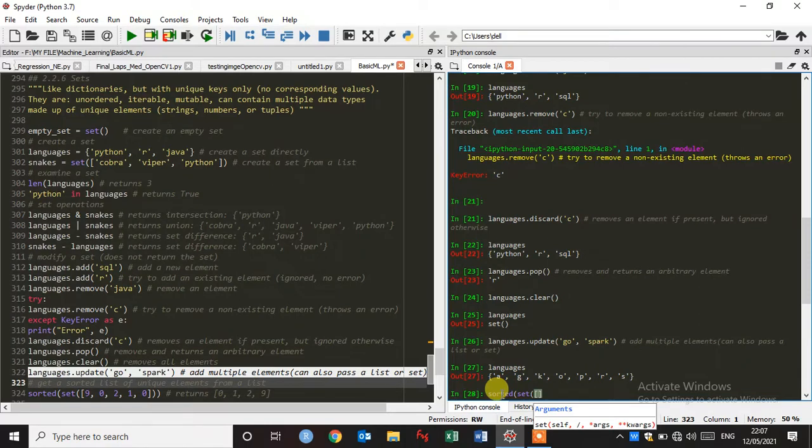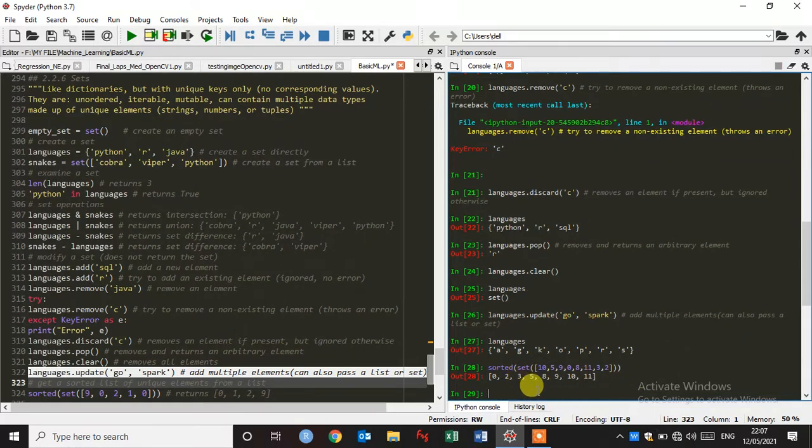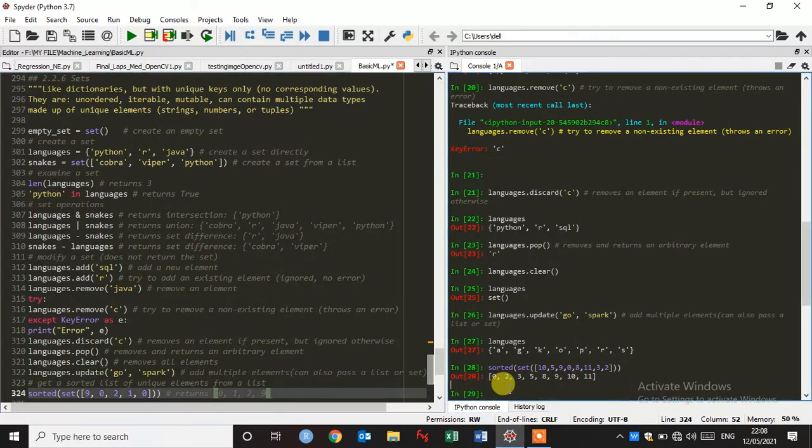Here I'll give the values, and 5, anything you can give: 0, 8, 11, 3, 2, and close and enter. So it's sorted successfully: 0, 2, 3, 5, 8, 9, 10, 11. Okay, it returns in ascending order.